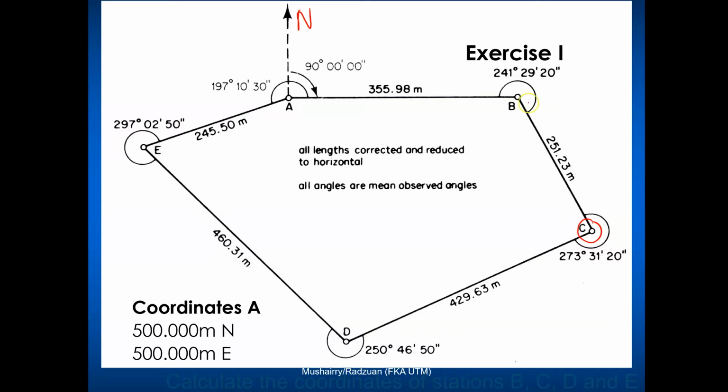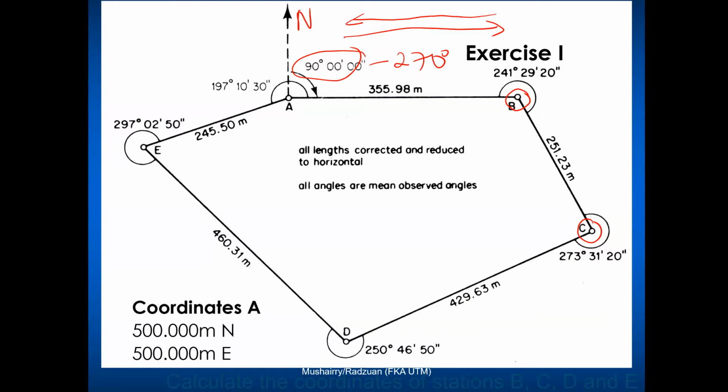So we could either start at B, because we are given 90 degrees. That's A to B. So B to A would simply be the reverse of that, which is 270 degrees.